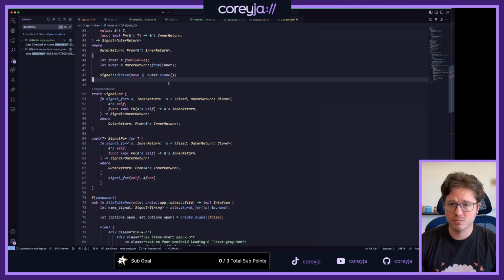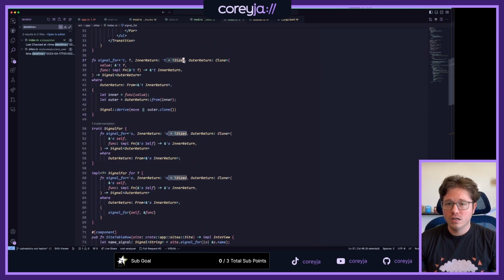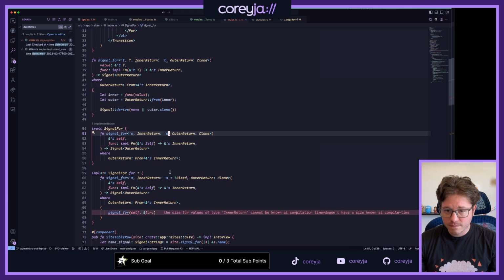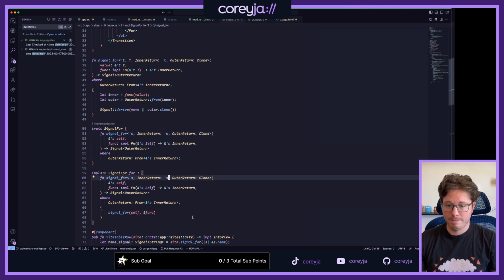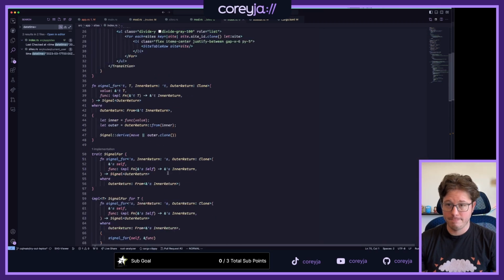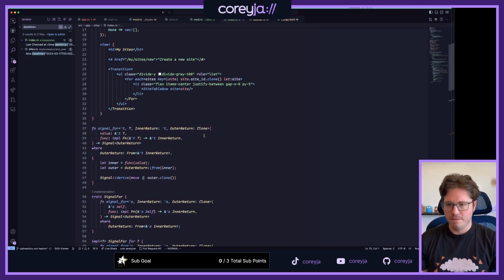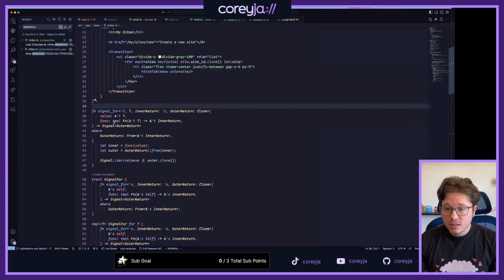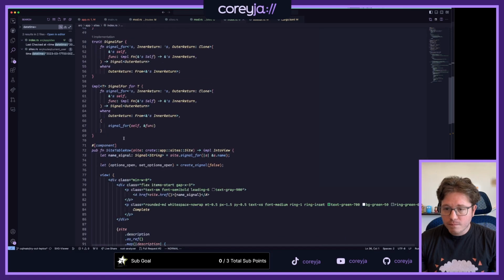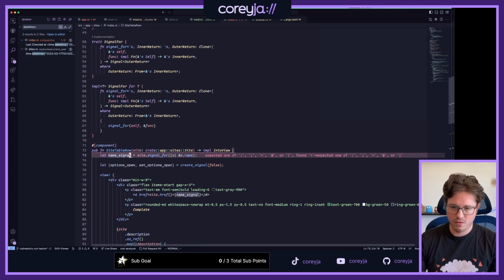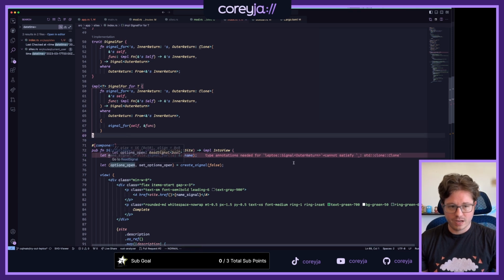I might have even made things more complicated than I needed to. Let's get rid of this not sized thing. Yeah, I don't think that was a real restriction. That was just me being silly. Yeah, nice. So now I can just do, I need that? Can I leave it off? Okay, yeah.